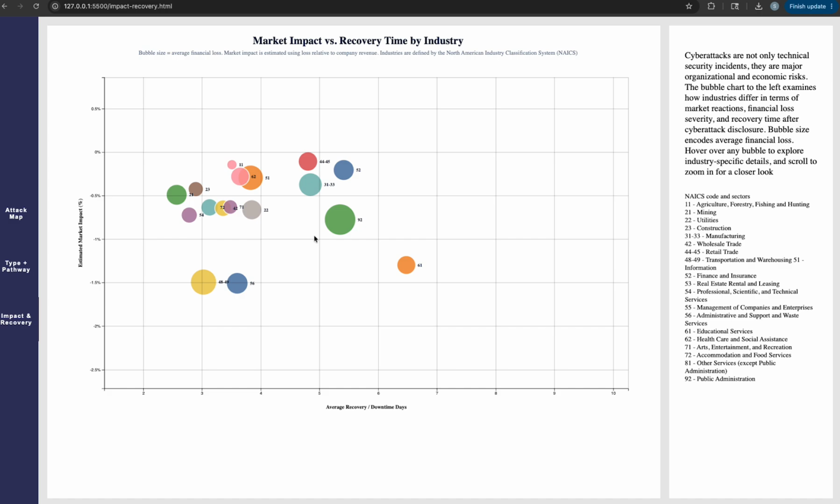What jumps out immediately here is that not all industries are equally exposed. Some sectors don't even flinch. They have a very small drop and they bounce back fast. Others get hit hard and they stay down for days. So you can hover over any bubble to see what industry it is, and you can map it to the NAICS code over here,